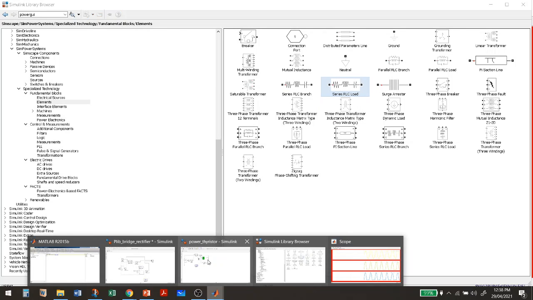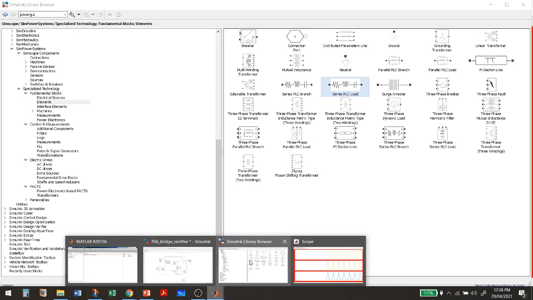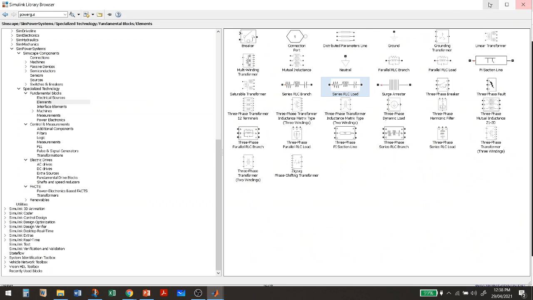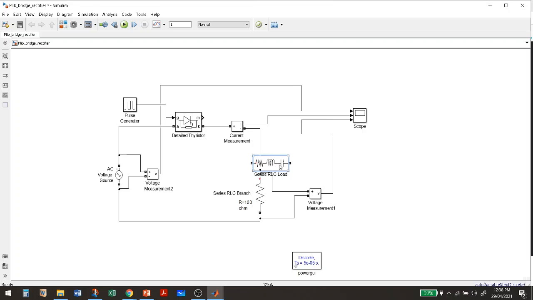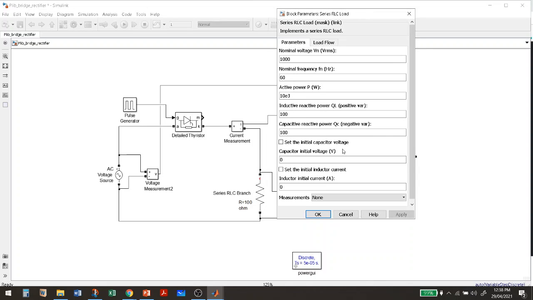Just go back to this example. This is the power thyristor. I will close it.